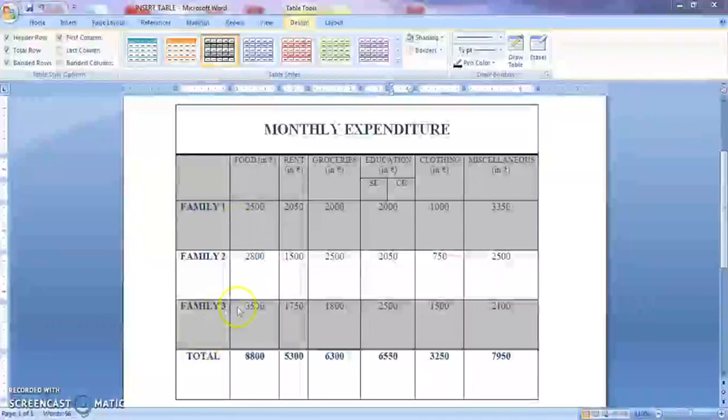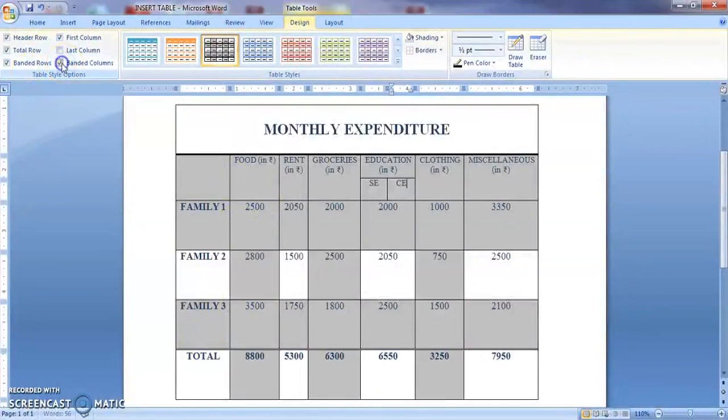I'd just like to share that when we are talking about banded columns and banded rows, if you are choosing banded columns, then the banding starts from the second column, not the first column. The first column is not banded. You can see here the second column, fourth column, that is how alternate columns get banded. Okay, and this is total row. Somewhere before I told it as total column. It is not the column, it is total row.